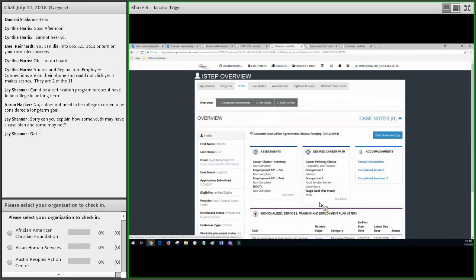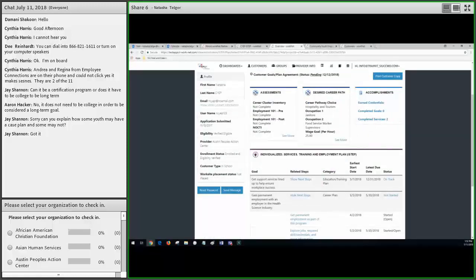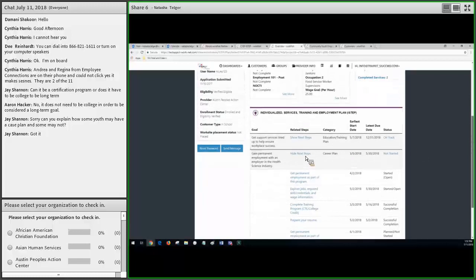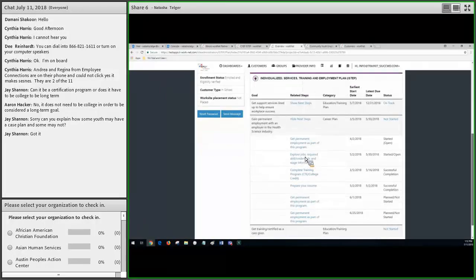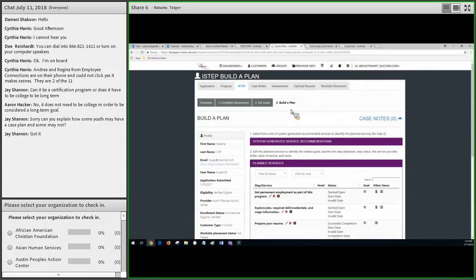So let me go to this person's ISTEP. So if I have this person as an out-of-school youth, what I would need to do is make sure that they had something in here that was either attended secondary education classes or attend adult education and literacy classes. So if that's not the case, if I don't have that in there, then I would go up